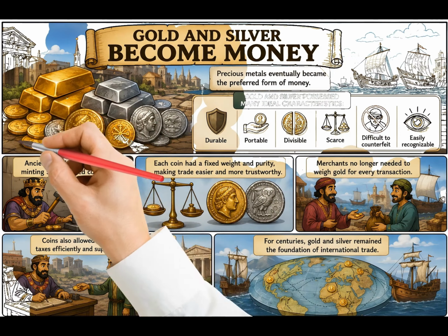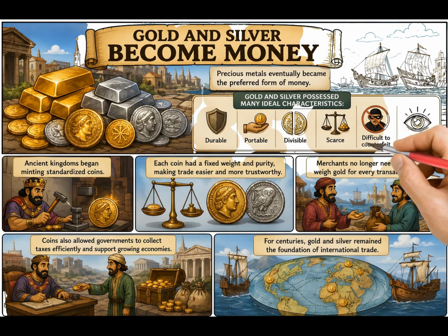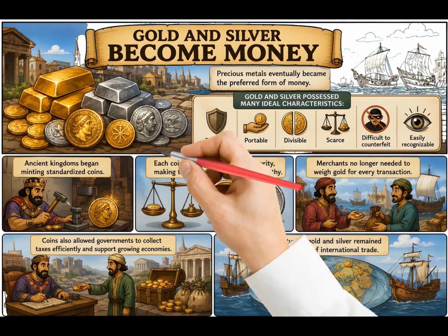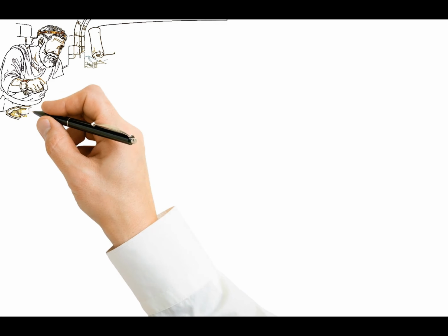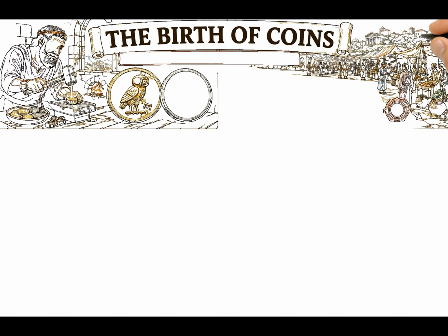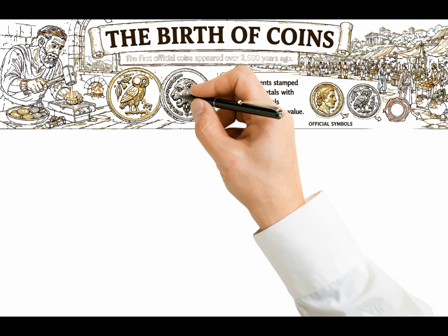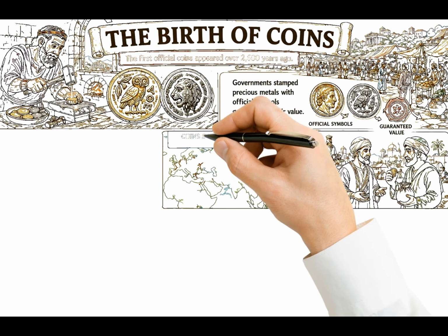As the 20th century progressed, technology transformed the financial world once again. Although paper money remained the primary method of payment, people wanted faster, safer, and more convenient ways to buy goods and services. Carrying large amounts of cash was not always practical, especially during travel or expensive purchases. This need led to one of the biggest innovations in modern finance, the credit card.